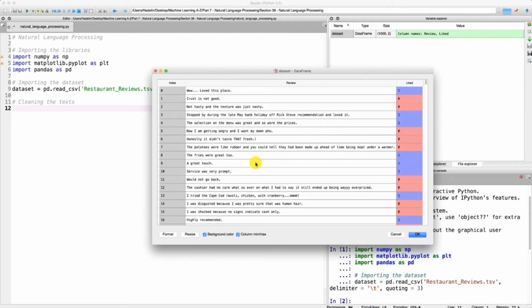So if you followed part 5, association rule learning, and therefore were already introduced to sparse matrices, well, we will get here another sparse matrix, because of course we will get a lot of zeros in this sparse matrix, because for all the reviews, most of the words will not be in the reviews. So we will have to do something about it, but that will be the last step of the creation of our bag of words. So let's start cleaning the text,